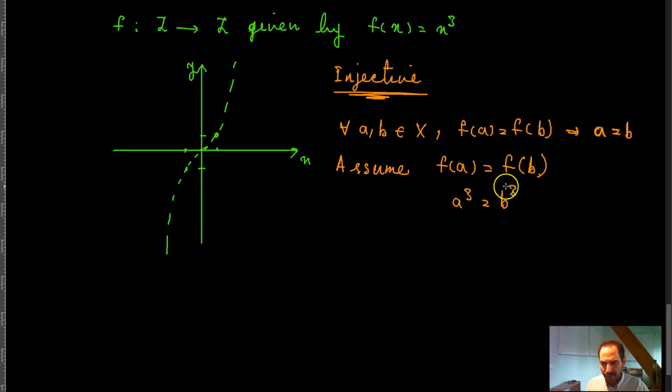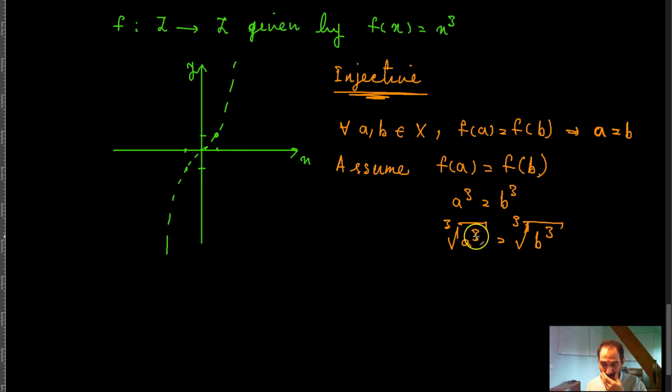If a cube is equal to b cube, and I take the cube root of a cube, and I take the cube root of b cube, then what that means is that since a and b are both negative and positive,